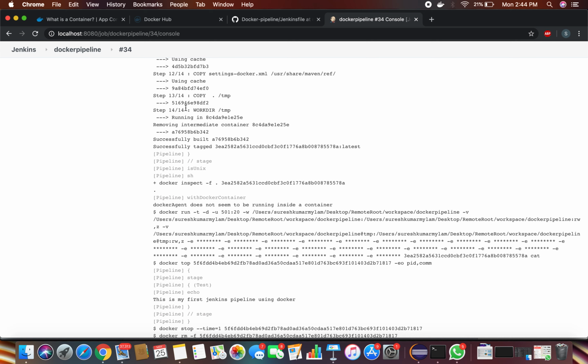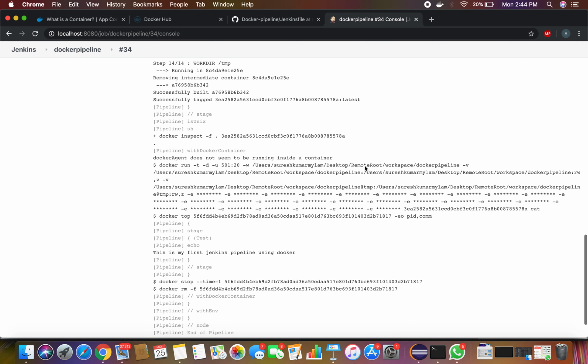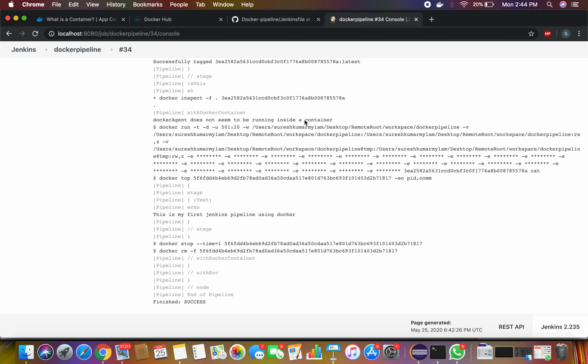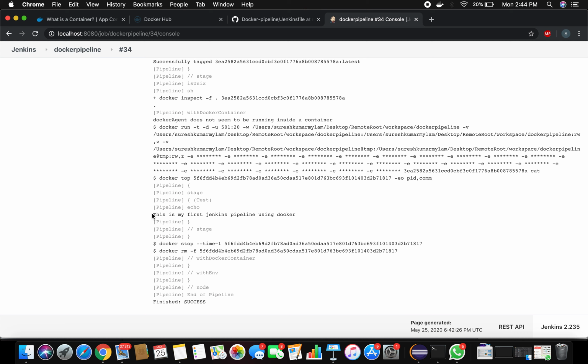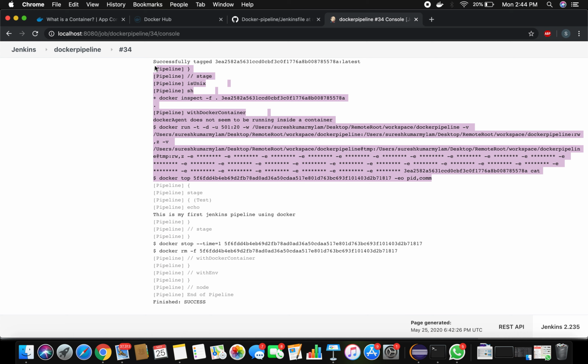Once this particular image is built, everything is set up. Whatever project you are cloning from Bitbucket is being placed under the temp directory of the container. Once you have your container created, it's up and running. It started executing the stages defined in the Jenkinsfile. Until here, your image is built using the Dockerfile instructions and the container is created and all the configurations are being set.